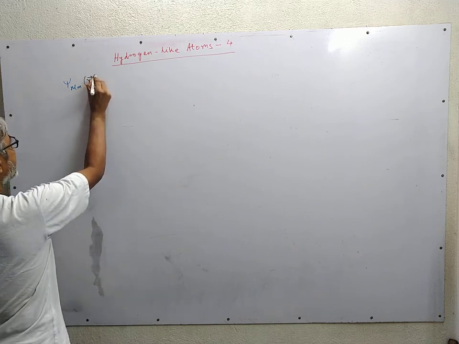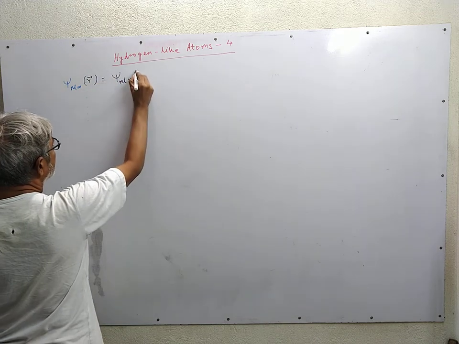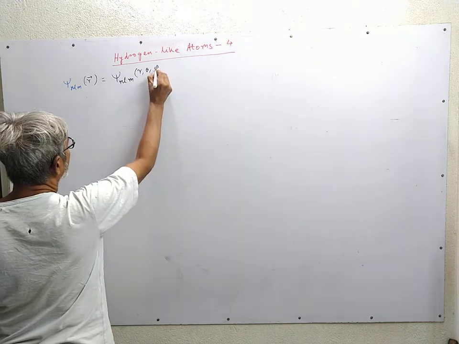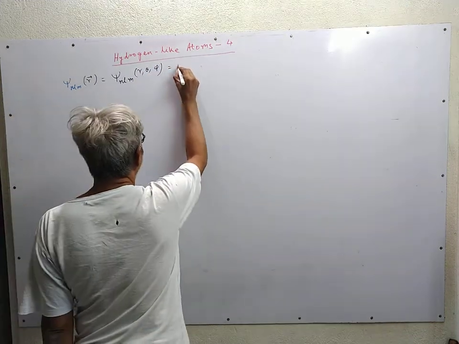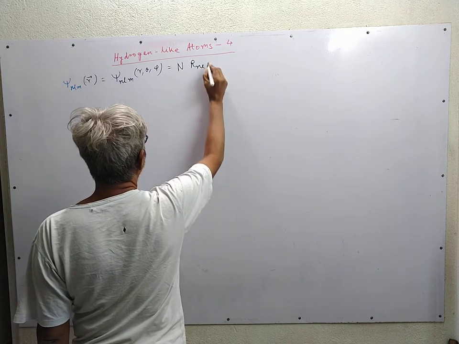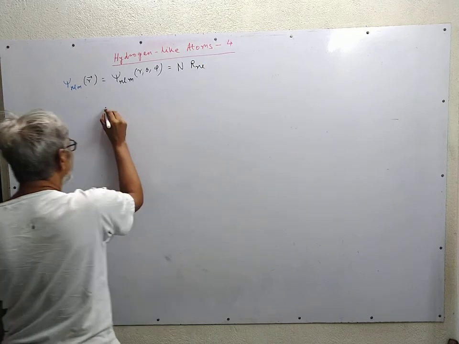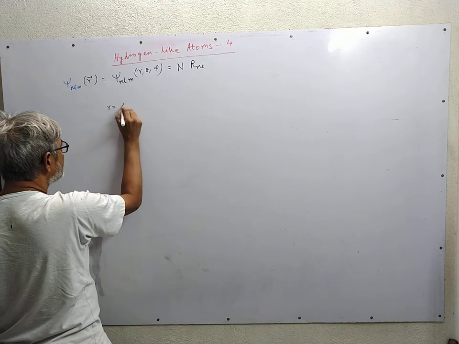It is given as psi n, l, m of r, theta, phi, which, apart from some normalization constant, has this radial wave function. This radial part is a function of rho, and remember that we used rho equal to